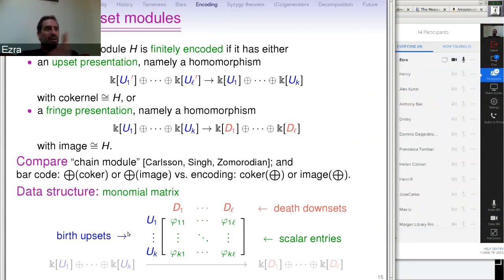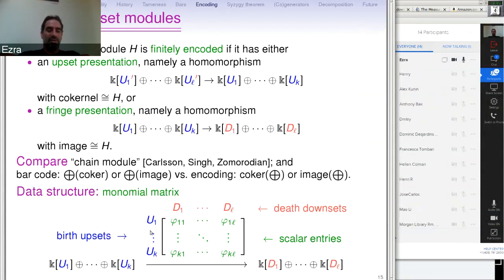The lower boundary of an upset is a collection of births. The right endpoint is a death. So that means the upper boundary of a downset would be a collection of deaths. And the point is there's lots of ways to die. So if you have one birth, there's still lots of ways to die. So this represents this algebraic information, but this guy over here, this is something you can put in the computer,